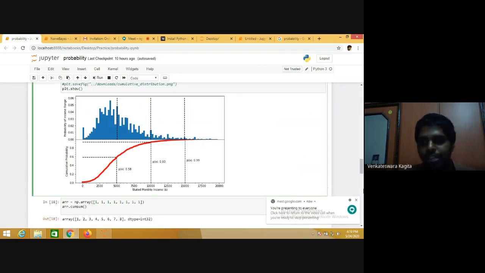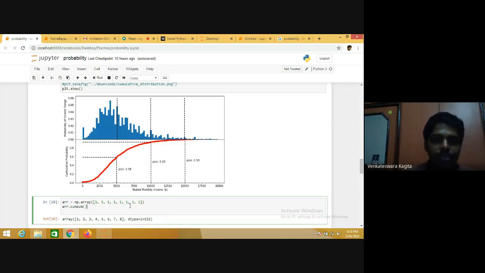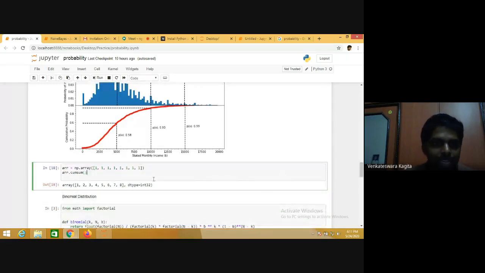So in order to do that, you can see the example here. You have an array. Suppose you want to find the cumulative probabilities for each of these values, you can just call array dot cumsum. This is the cumulative sum. If you do that, you can see the outcome here, right? This is the cumulative probability at the first index, that is 1, because you don't have any other value before that.